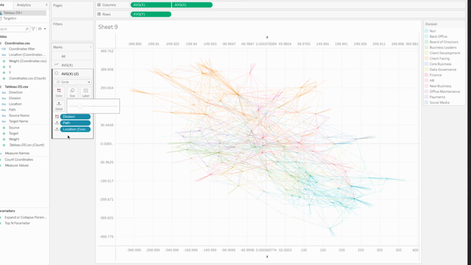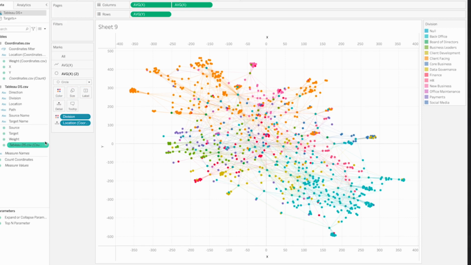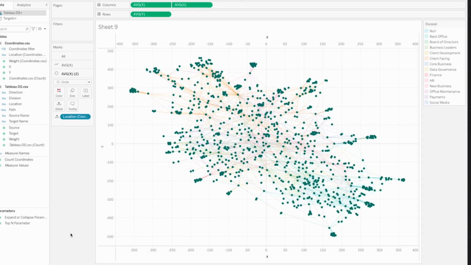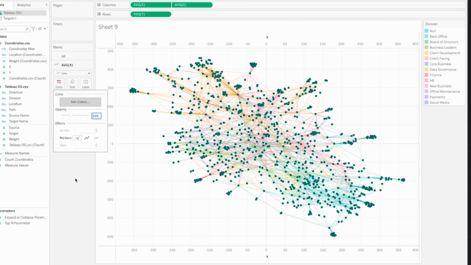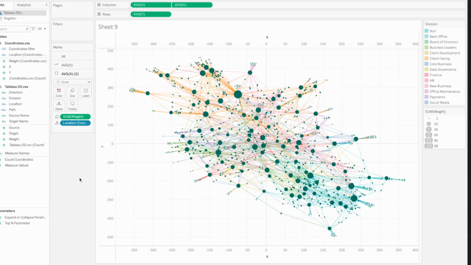And we will make them bigger. Return opacity and change color. So that's it, actually. And we need to put weight into the size of our employees, so we can see which employee has the biggest weight.